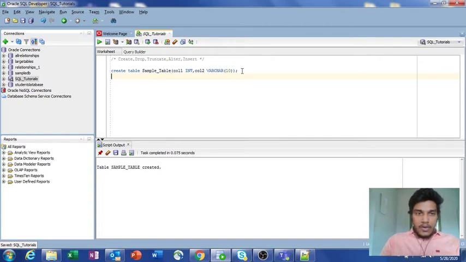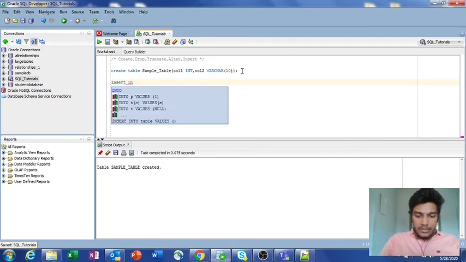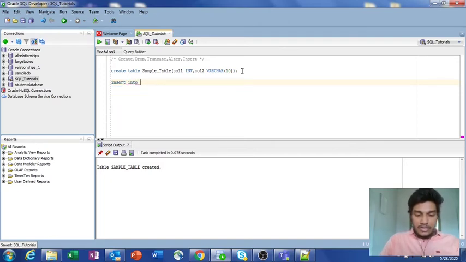Now I want to insert some data inside this table. For that we have a command known as insert. Insert into whichever table you want to insert into; I want to insert into sample_table. And what are the specific values? One is col1 as well as col2. For col1 I am just entering 12, and for varchar I am entering a designation like software developer, or I can specify it as engineer because the size is only 10 characters.